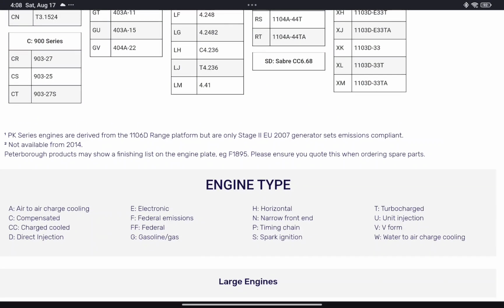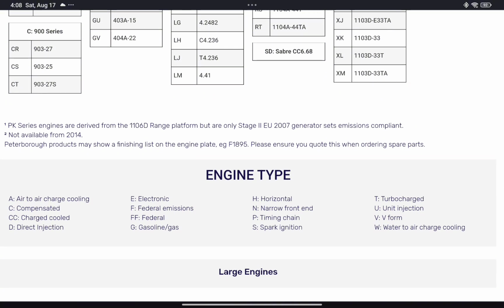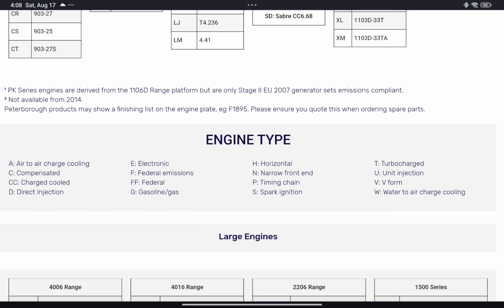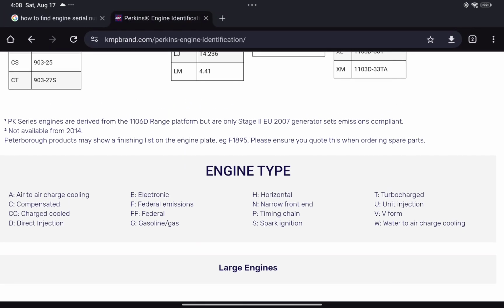This type of engine, we can see here also, whether it is air-to-air charge cooled or compressed air. Charge cooled, direct injection, electronic, lower emissions. There are a lot of engine types that we can buy, depending on the usage of your engine. In the next one, I am also going to show you those engines